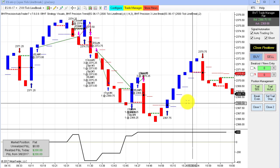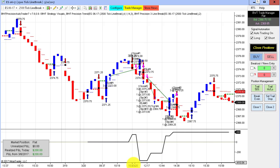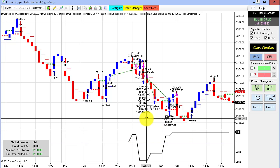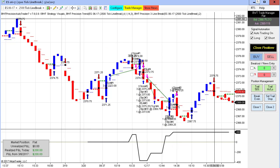Another new chart that I'm trying out is the 2500 tick line break chart, and this one here took a little bit of heat off the open, but then recovered to the plus side of the ledger with a couple of winners here. And what I'm trying to point out with these line break charts is that there's tremendous potential